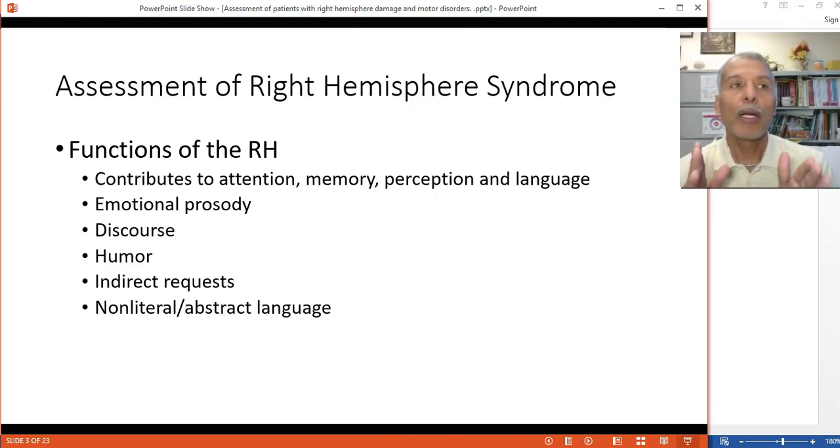The right hemisphere also controls emotional prosody. Emotional prosody refers to the meaning, the emotional content, the meaning that you put in your tone of voice, the meaning that you put in loudness. When you raise your voice, you change your pitch. All of that conveys